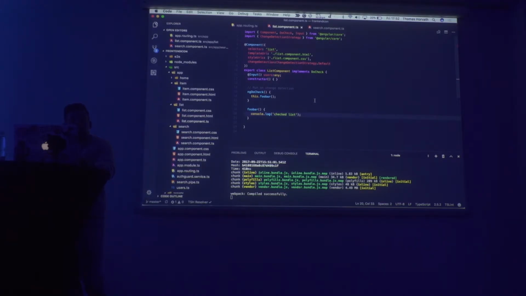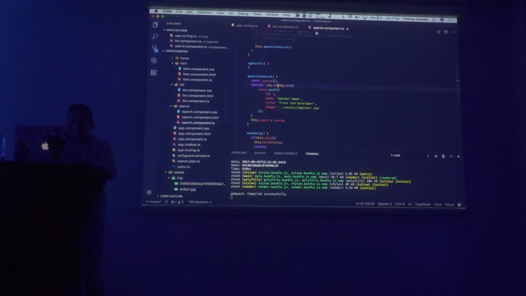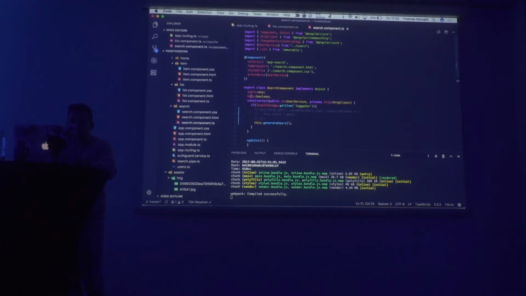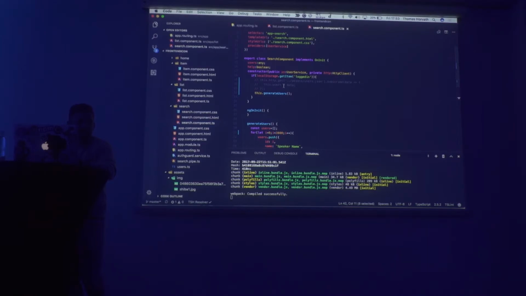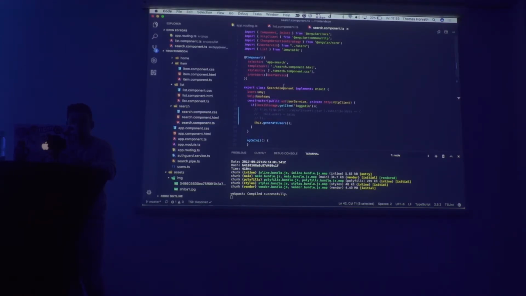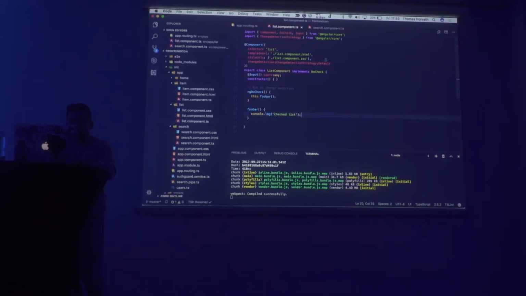However, we never actually changed the users value. We actually changed a quick boolean called help by using the show help function with the help button. We never touched users. So how do we fix this? Well, we use change detection strategy OnPush. So in our list component, we change our strategy from Default. By the way, you could have this or you could have that. It doesn't matter, it's the same. But we'll change it to OnPush